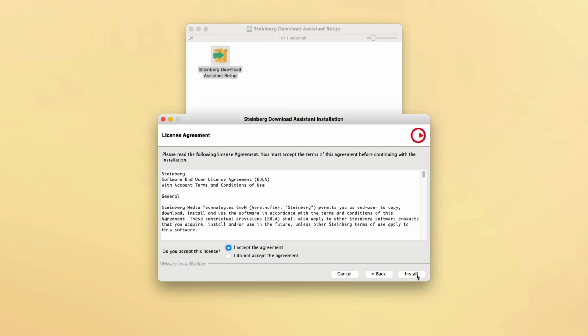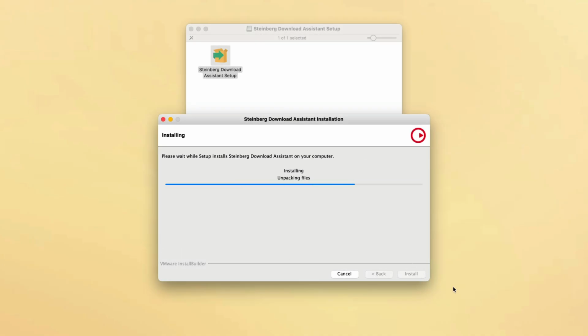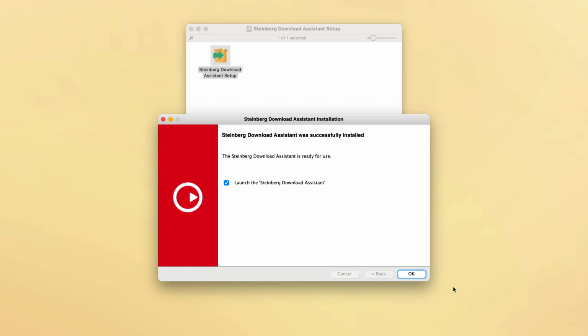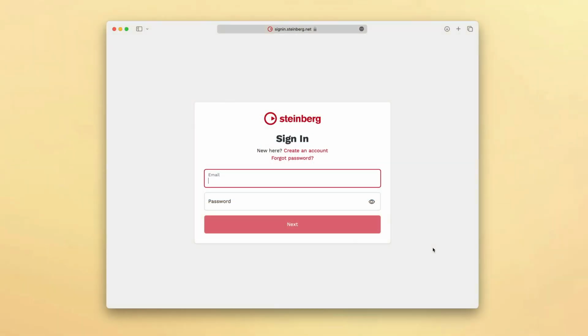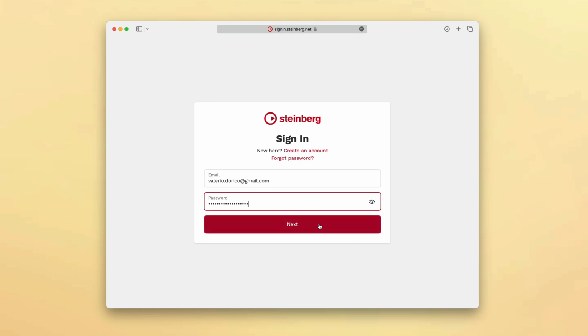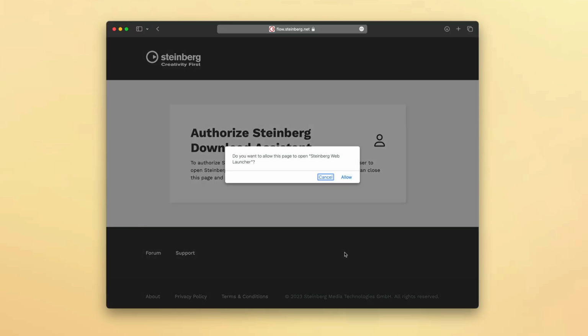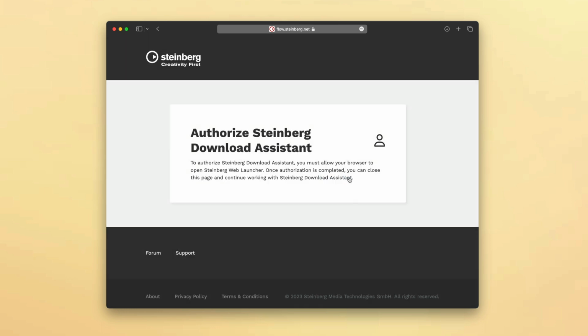Once complete, open the file and follow the instructions to install the software. When you run the Steinberg Download Assistant, you will be prompted to sign in. This happens via your web browser, where you can enter your Steinberg ID, email, and password. When you click Next, you'll be shown a prompt, and choosing Allow will take you back to the Steinberg Download